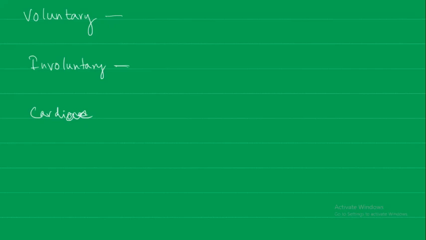Now for example, the cardiac muscle, the beating of the heart, it is not under our control, under our thought. So what happens, there is a specific SA node, sinoatrial node, that is going to generate the electrical impulse which is required for the beating of the heart. So the cardiac muscles make up the muscles of the heart. They are capable of rapid movement, and they do not get tired, of course, because they have to keep beating throughout life.